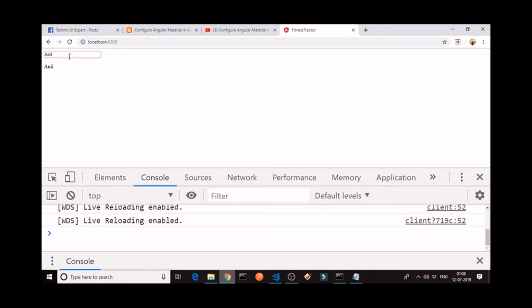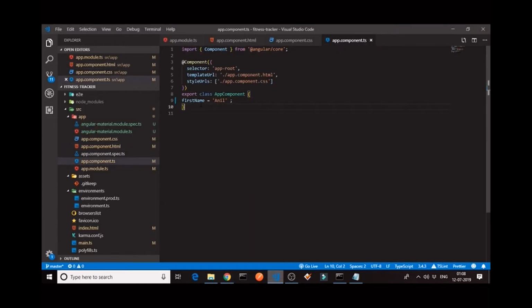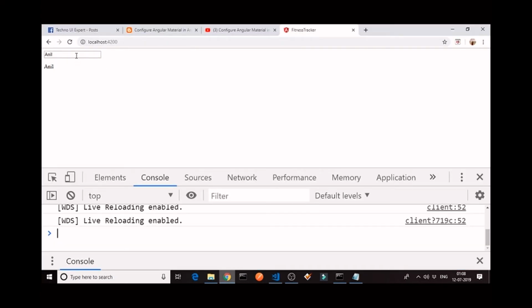So here it comes, the input field having initial value as Anil. Why is the initial value Anil? Because we have declared first name and given some value Anil. That first name we have bound to the value property using property binding, and also displayed using interpolation that we have studied earlier, and that's why initially it is showing Anil here and also below. Now if I change anything here, it will be updated below also. See,